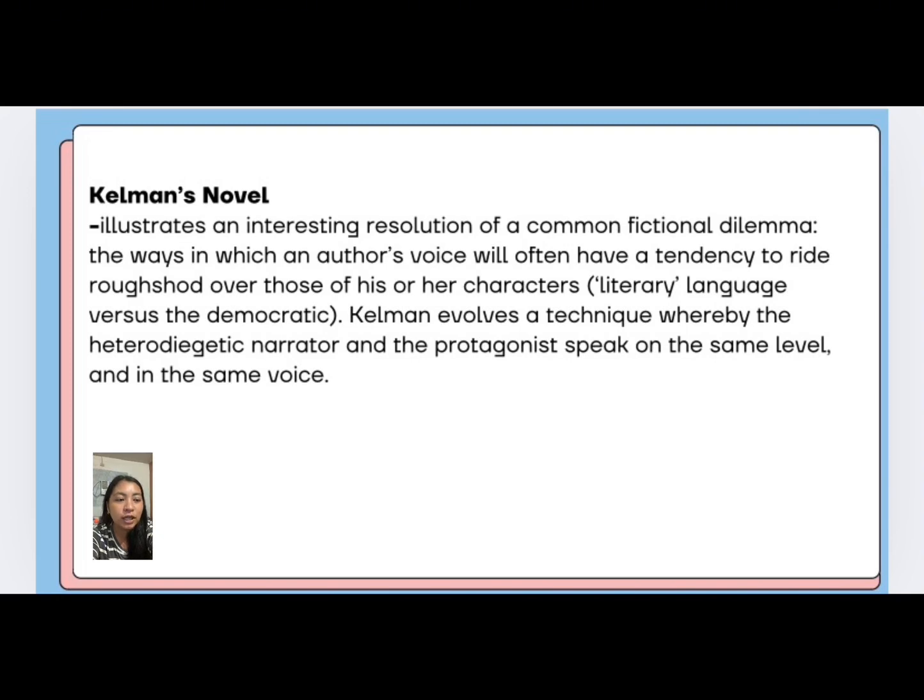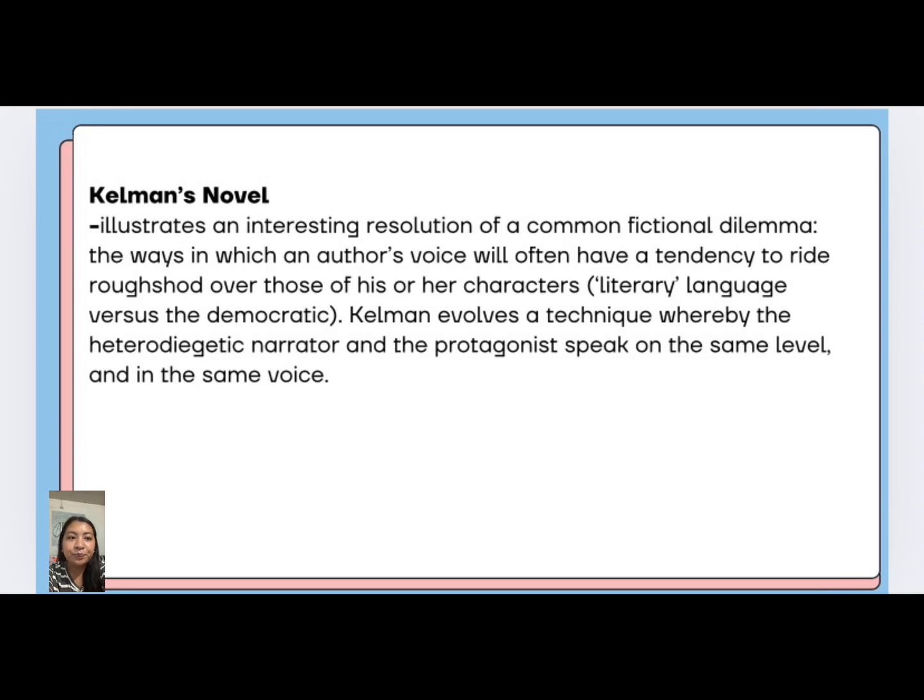This approach creates a blurring of boundaries between the narrator and the character's voice, giving the character an unprecedented sense of autonomy within the narrative. So in conclusion, Kellman's technique of merging the heterodiegetic narrator's voice with the protagonist's voice allows both voices to operate